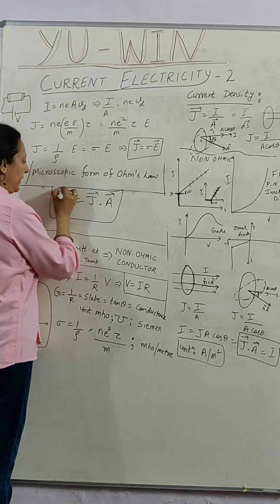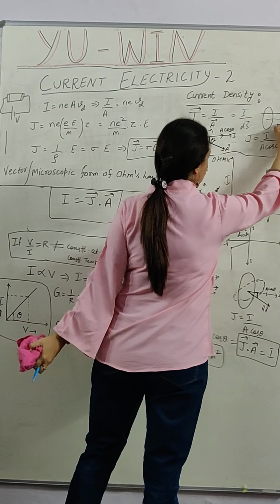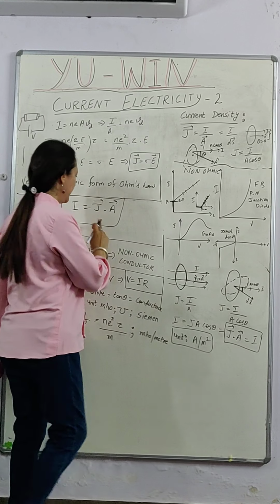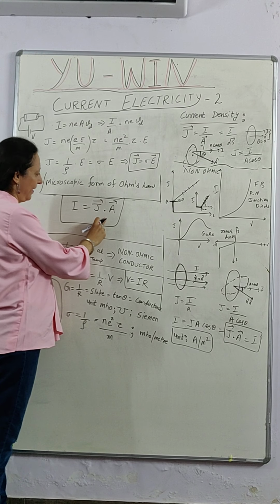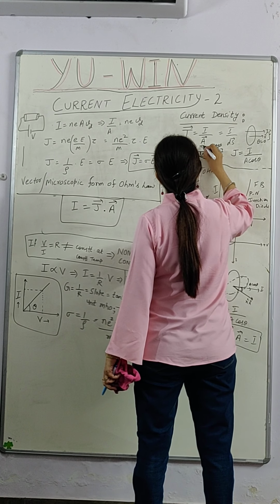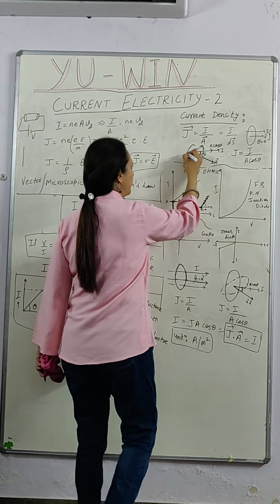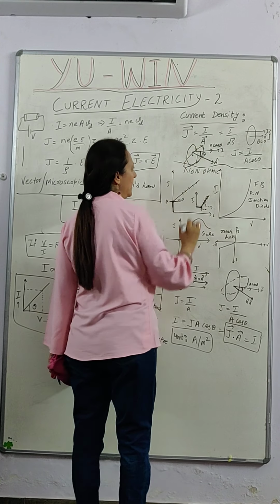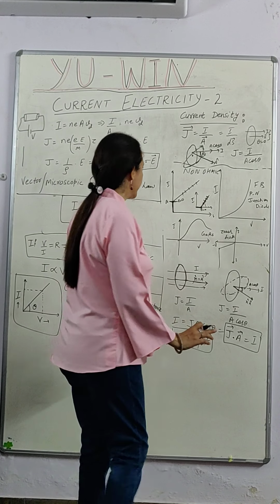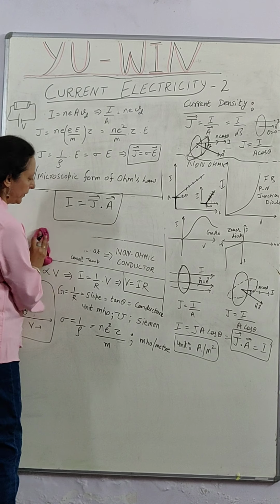If the whole area vector is contributing to it, meaning current and area vector are parallel, then theta will be 0, like in the first case, so it comes out to be JA cos 0, which means JA. And in case the area is not exactly perpendicular, then we talk about the component of the area which is perpendicular to the current, and that will be A cos theta. So it comes out to be JA cos theta. Now current density we have defined as current per unit area, provided the area is held perpendicular.